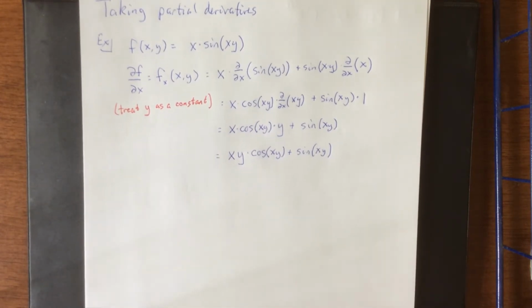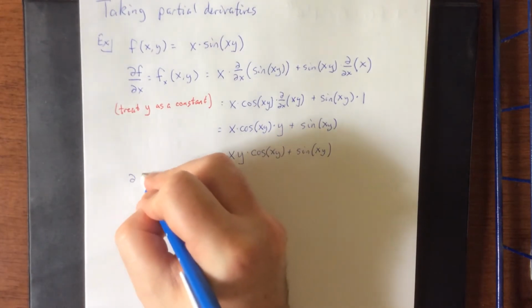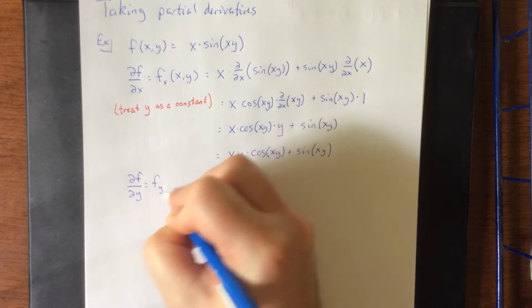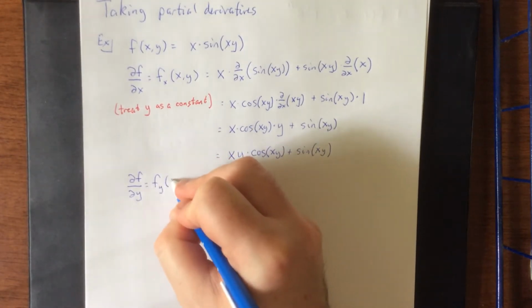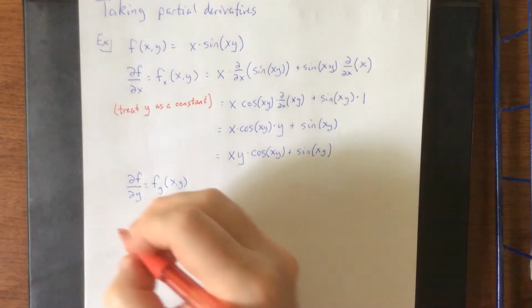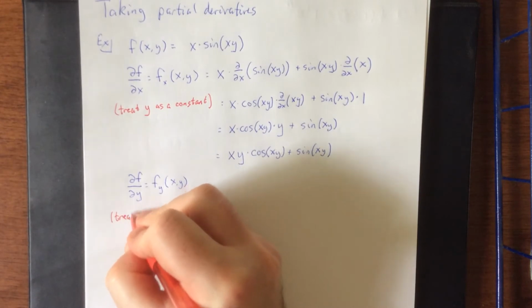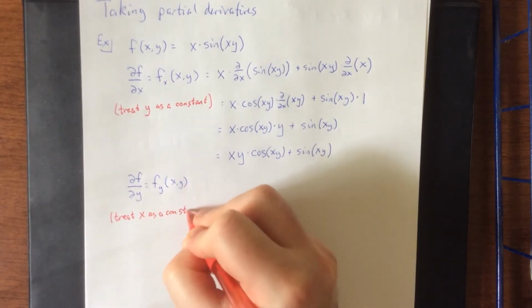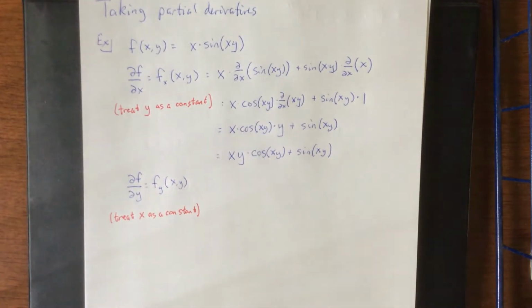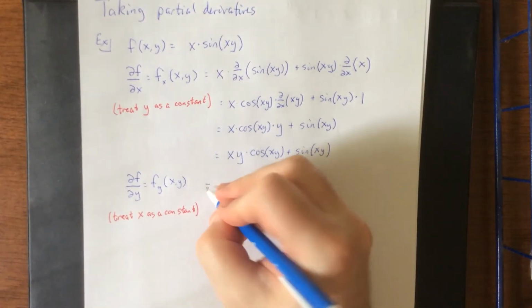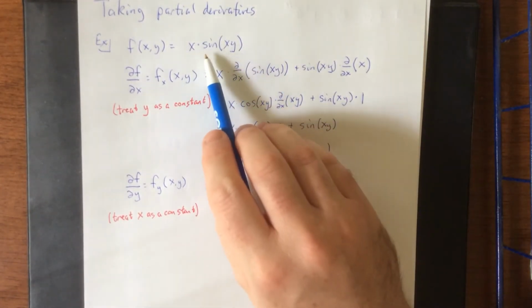Now for a partial derivative with respect to y, first off notation, df over dy, or using the subscript notation, partial derivative of f with respect to y of our function of x and y. So here we'll be treating y as though it's our variable, so we are going to treat x as a constant. So with that in mind, to interpret the original function, this is now a constant times the sine of a